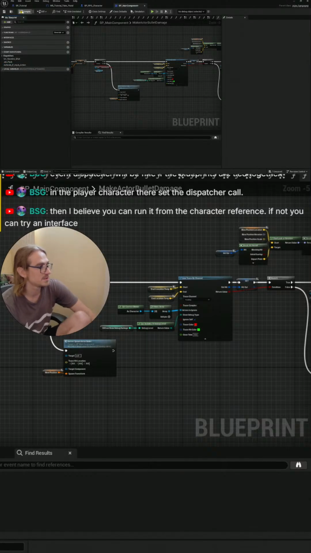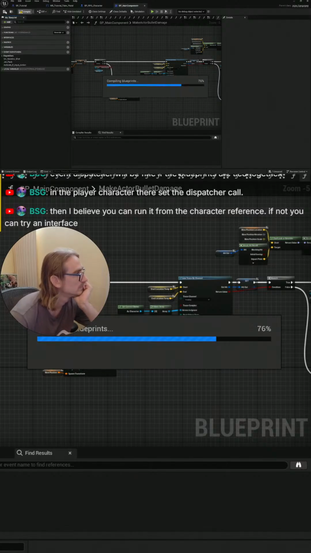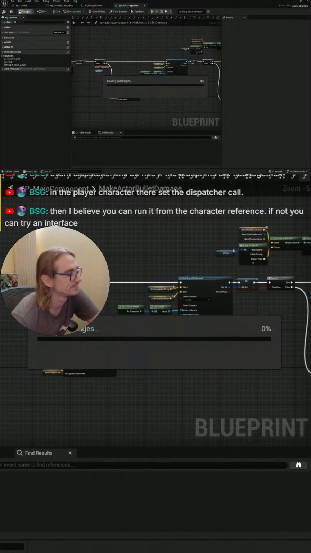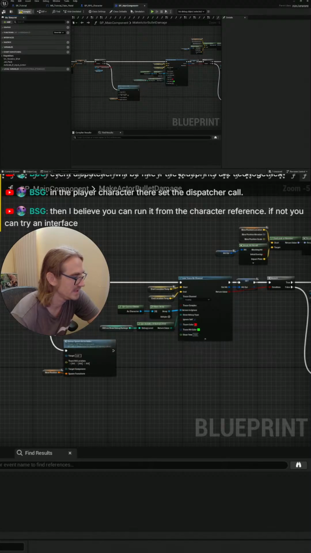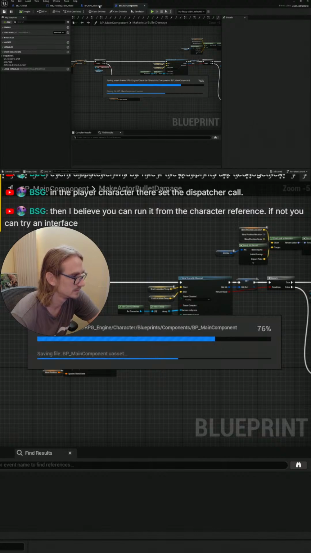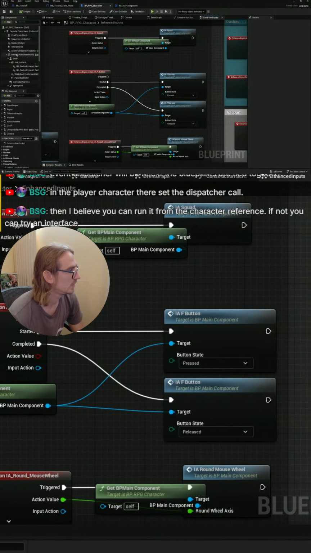This event dispatcher is gonna be called, this component is the biggest component I ever seen in my life. It's the heart of the template. Okay, so on BP main component,